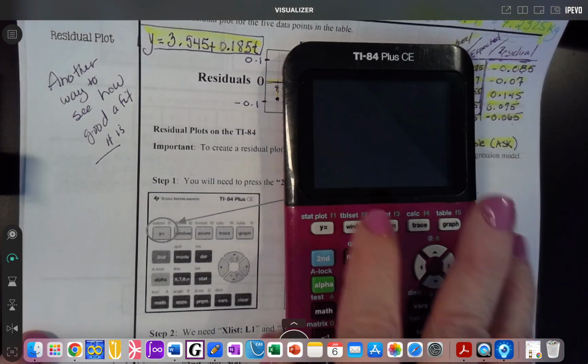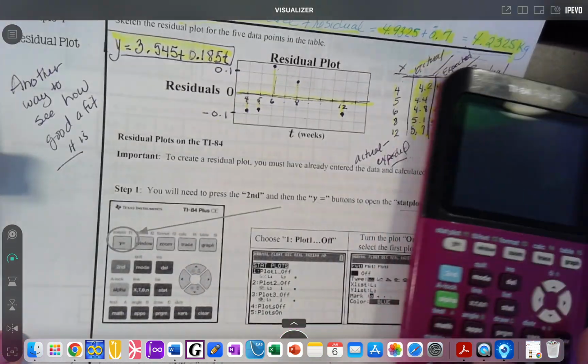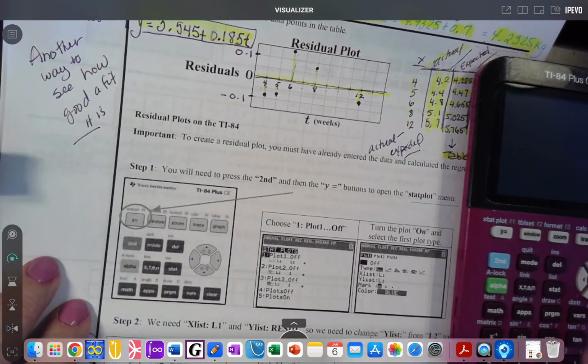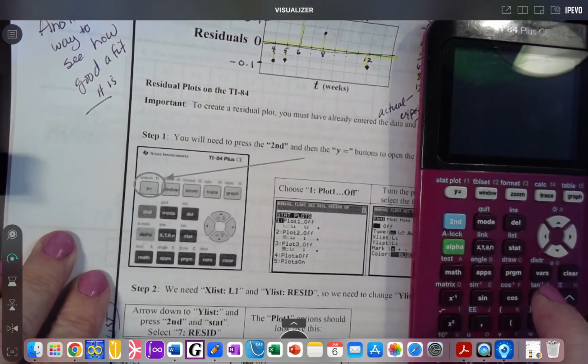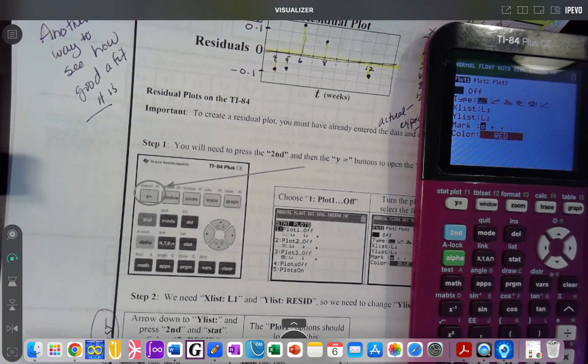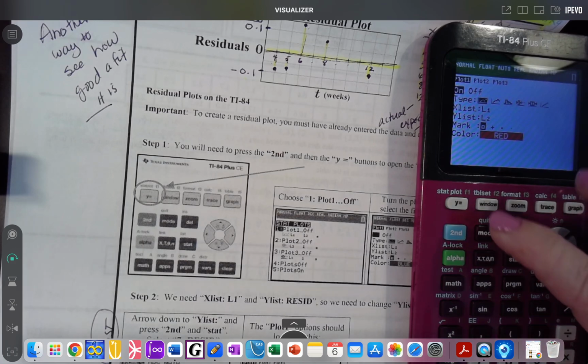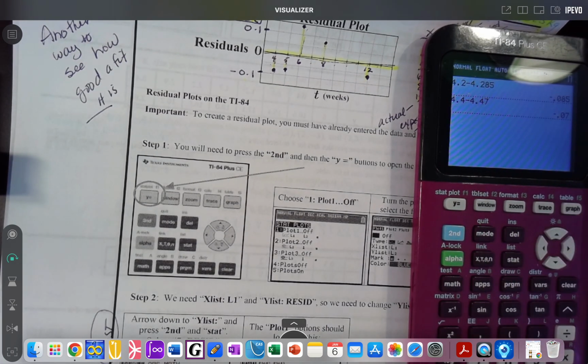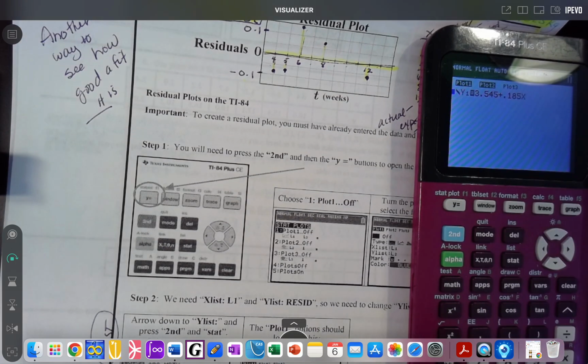Let me make sure you can see the whole calculator here. The first thing we want to do for this residual plot is, you still have to have your function all figured out. You had to do your regression and get a regression model and save it in Y1. Now say you want to do a residual plot with your calculator, because it was a pain doing it by hand. The first thing you're going to do is go to